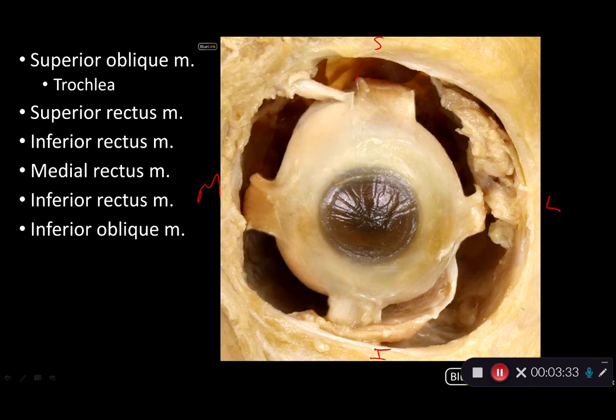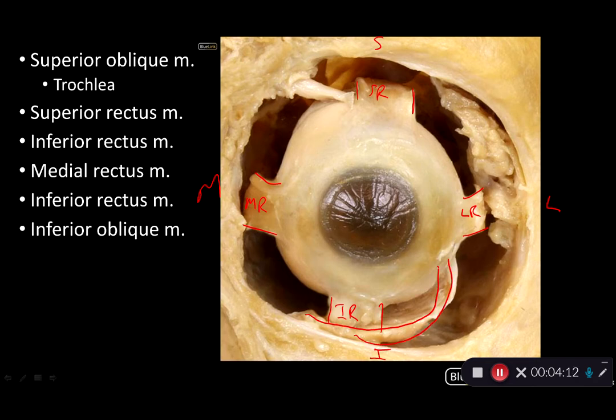So here's the superior rectus. So superior rectus. Here's the inferior rectus. I bet you're detecting a trend. A lateral rectus and a medial rectus. And these are accompanied by the oblique muscles, the inferior oblique, which we can see here,